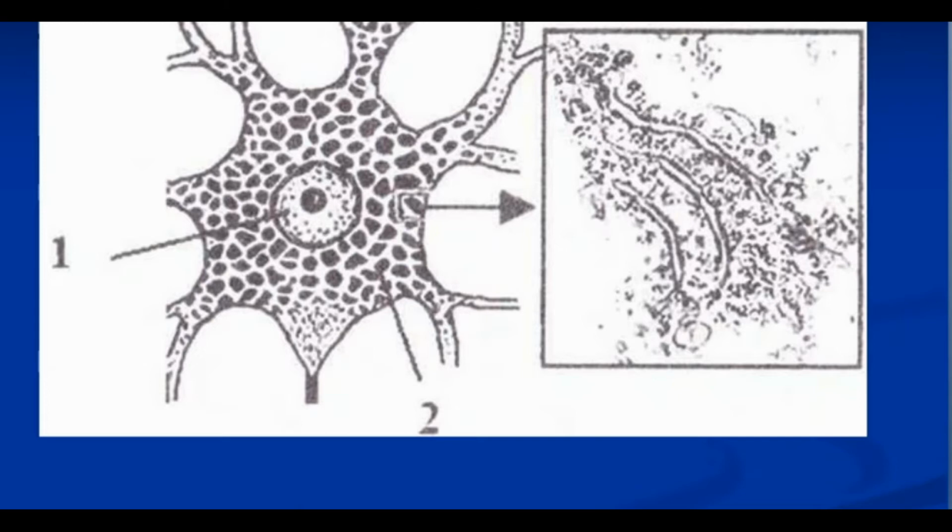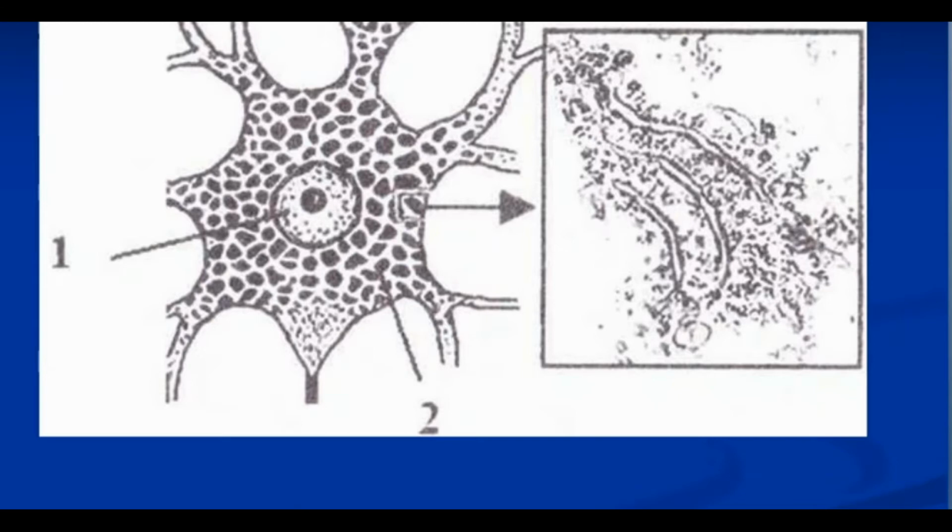Dendrites are multiple elongated processes specialized in receiving stimuli from the environment, sensory epithelial cells, or other neurons. And the axon is a single process